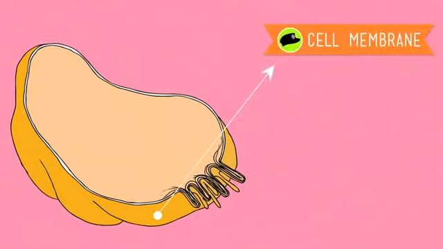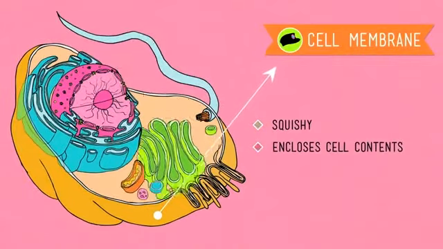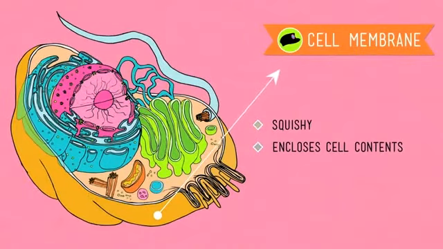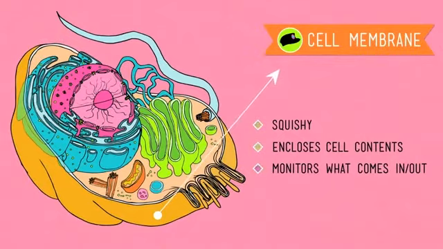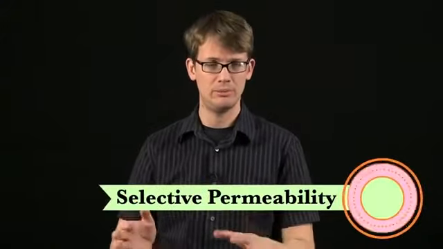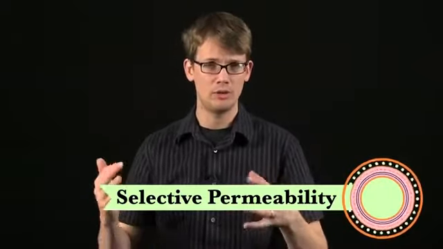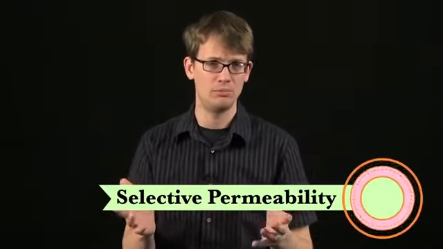If you make it past the cilia, you will encounter what is called a cell membrane, which is a kind of squishy, not rigid plant cell wall, which totally encloses the city and all of its contents. It's also in charge of monitoring what comes in and out of the cell, kind of like the fascist border police. The cell membrane has selective permeability, meaning that it can choose what molecules come in and out of the cells for the most part. And I did an entire video on this, which you can check out right here.